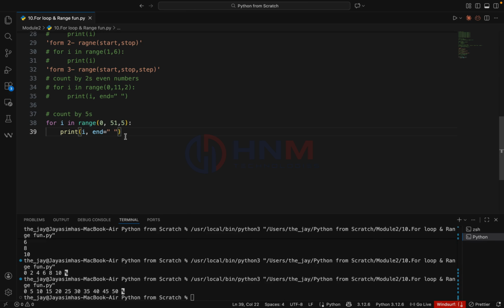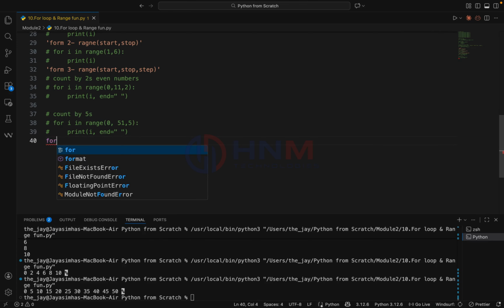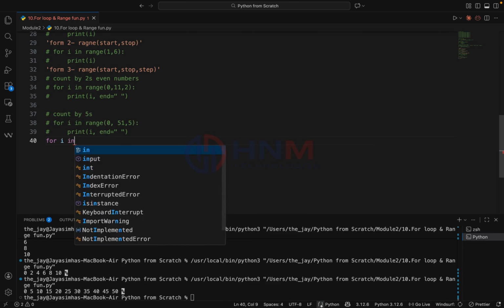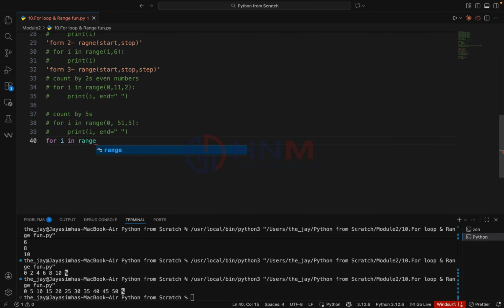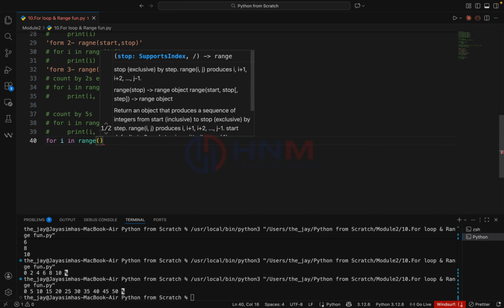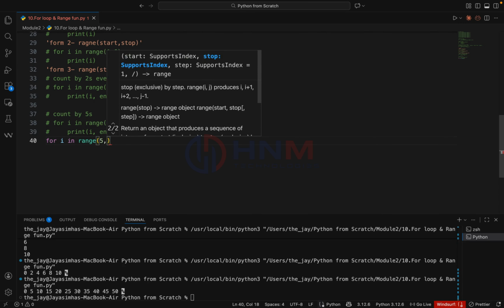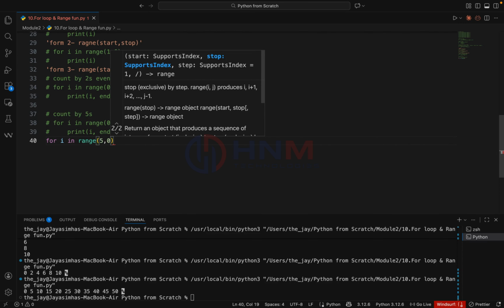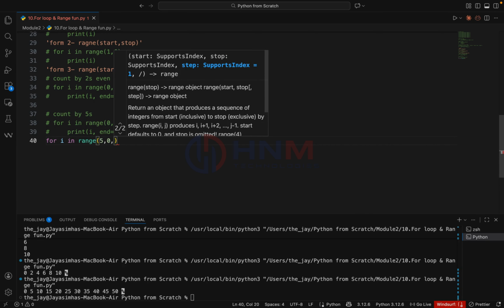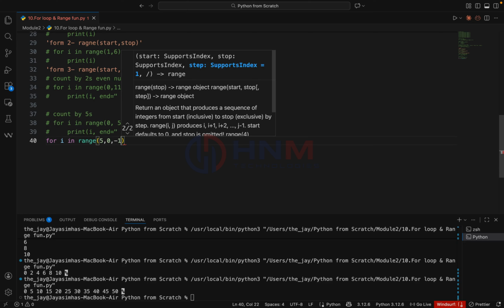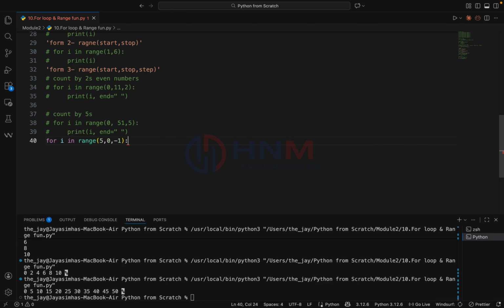And one more thing I would like to show you, something like magic. Yeah, see, negative indexing is there. We can use negative stepping also. For i in range from 5 to 0, and the step value I'd like to take is -1, right? And with indentation, I'm going to print this